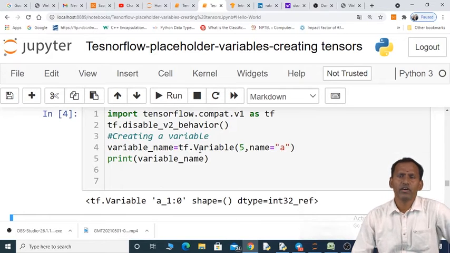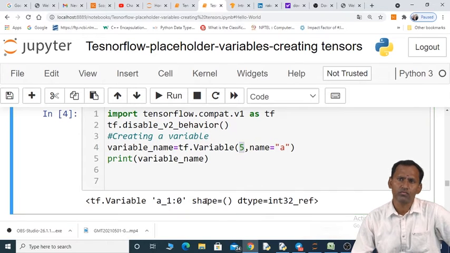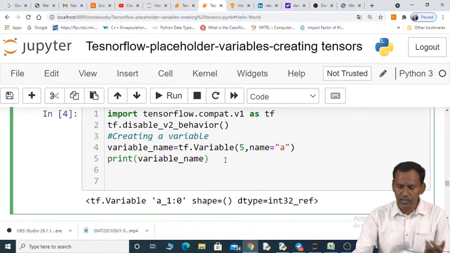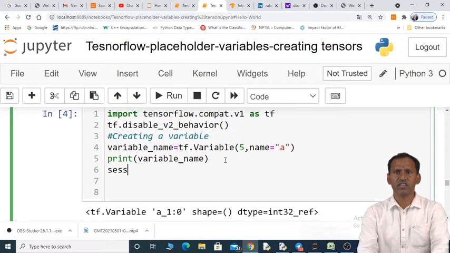Here, even though we created a variable with initial value 5, it won't display its value. This print statement will display only the shape of the variable and the type, which is integer. If we want to see its value on the screen, we have to create a session object.